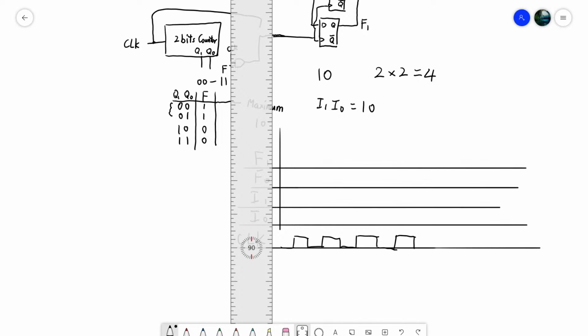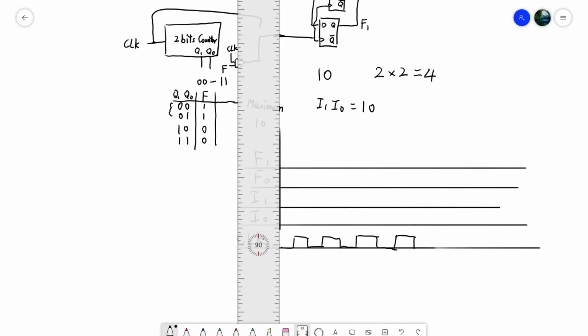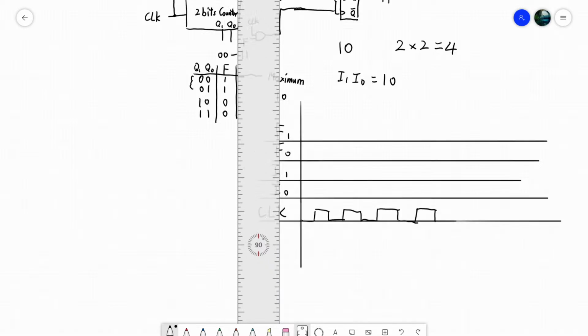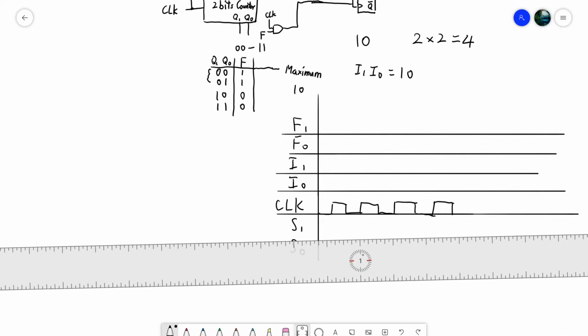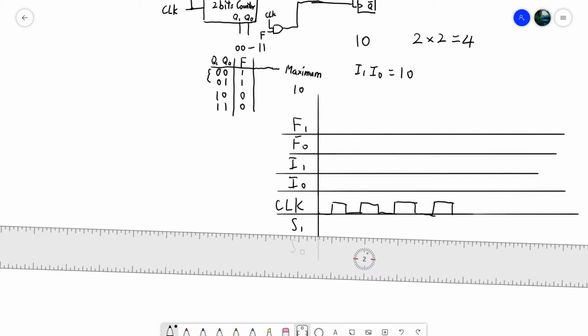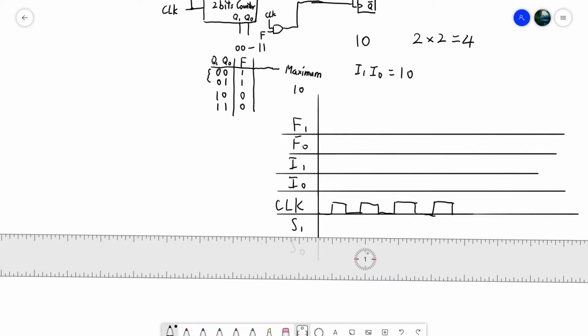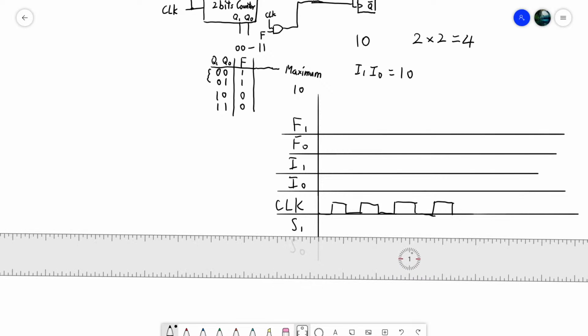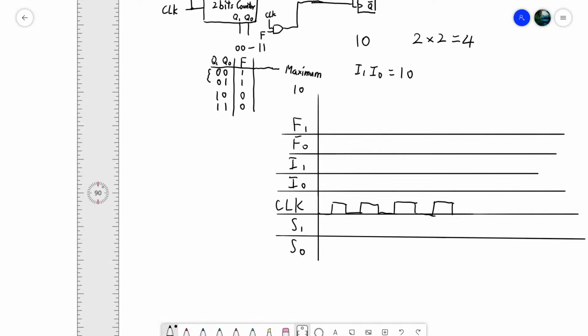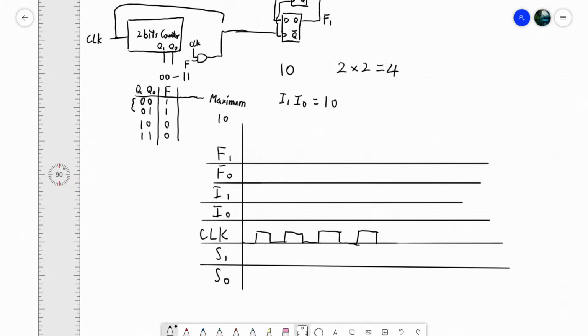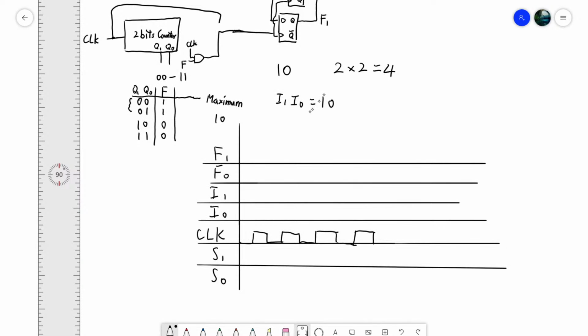And then we have the output of S1 and S0. So initially, if we set our I1 and I0 to be 1, 0 here,